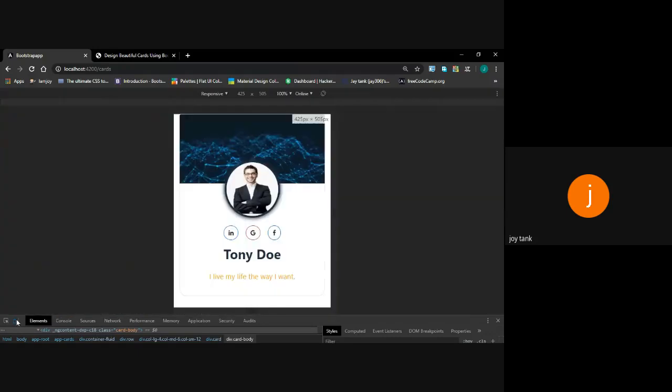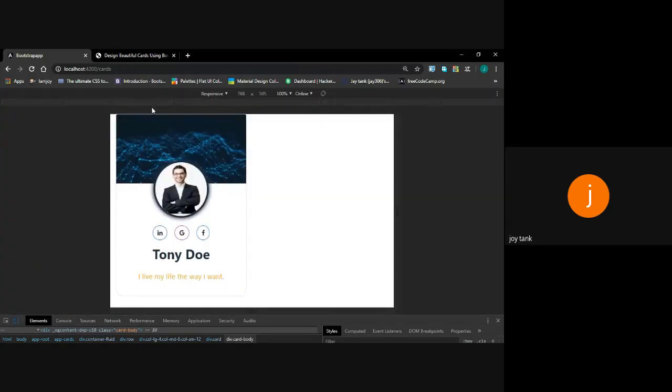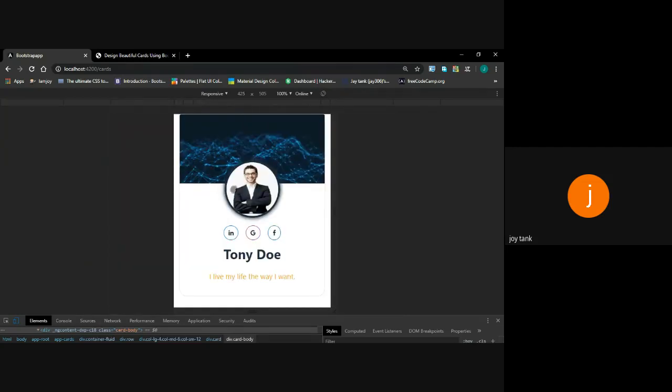Also, you can view this in tablet mode. This card has taken md-6 of the 12 columns of this medium size. And if you want to see it on small devices, you can see that it has taken all the columns of the small devices. So it's looking awesome and responsive.